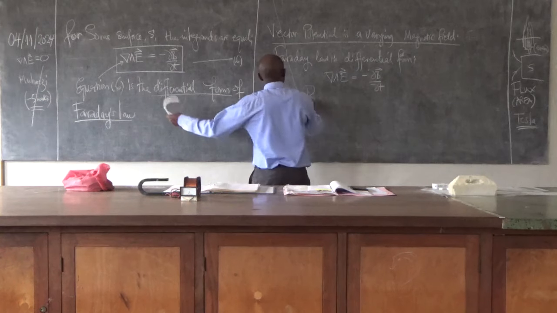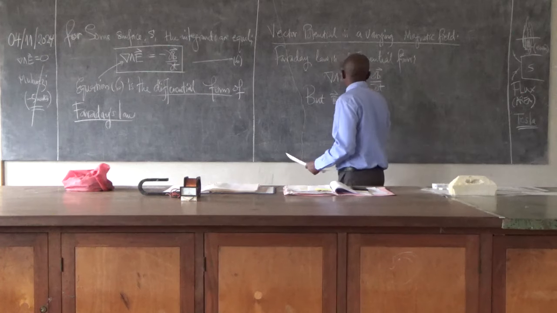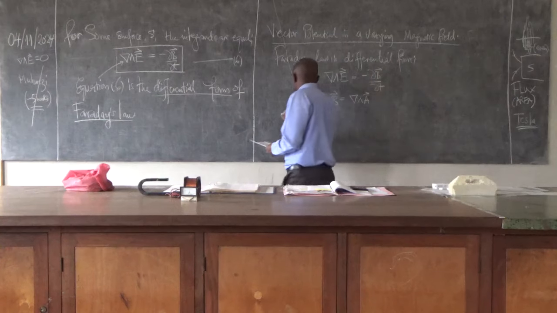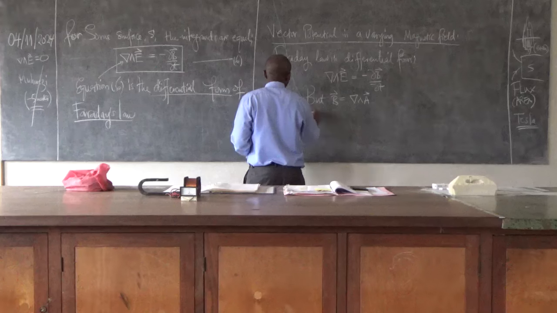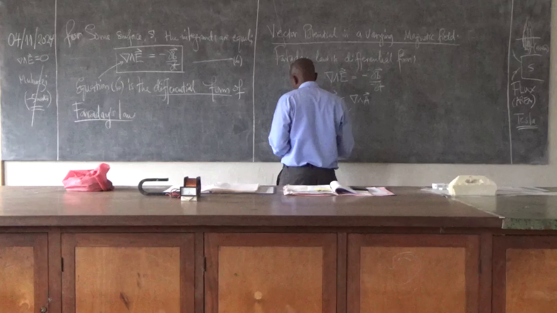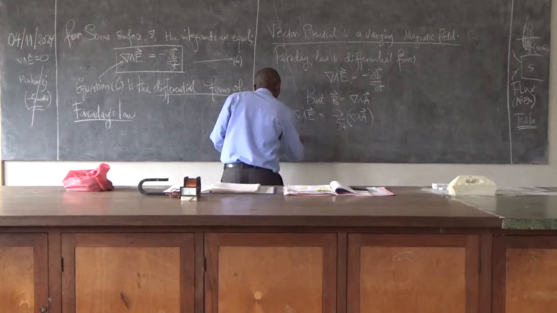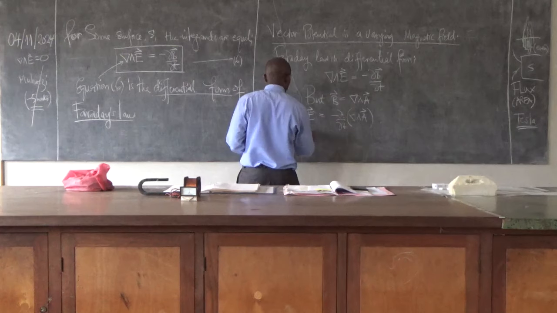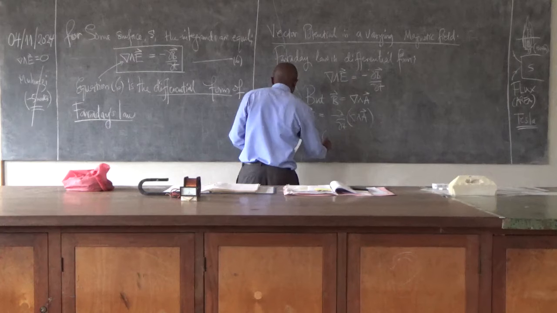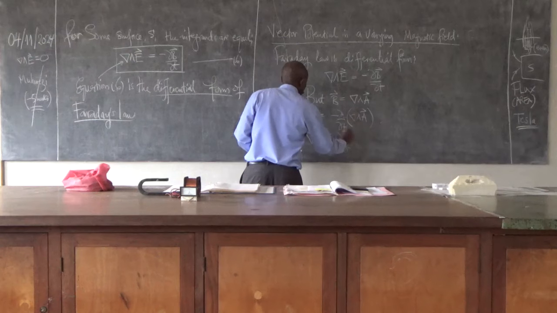But from before, we said that B is equal to the curl of some vector which we call the vector potential A. So this would imply that the curl of E will be equal to minus ∂/∂t of the curl of A, since B is the curl of A. We can bring the curl to this side, and then we take the curl of E plus ∂A/∂t, and this should be equal